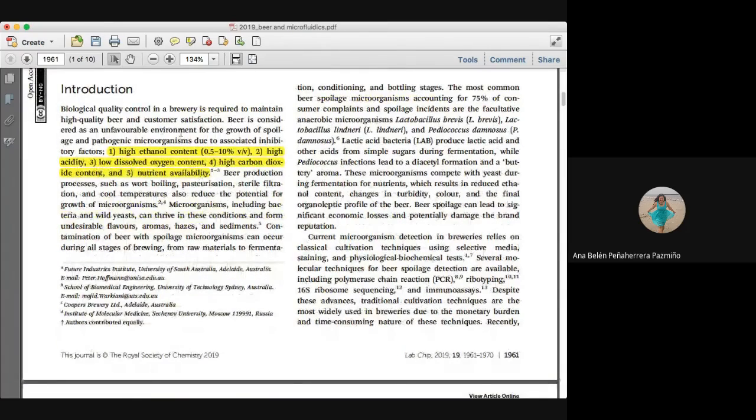The brewery companies are very worried about it because the presence of bacteria or pathogenic microorganisms could affect factors such as high ethanol content, high acidity, low dissolved oxygen content, high carbon dioxide content, and also nutrient